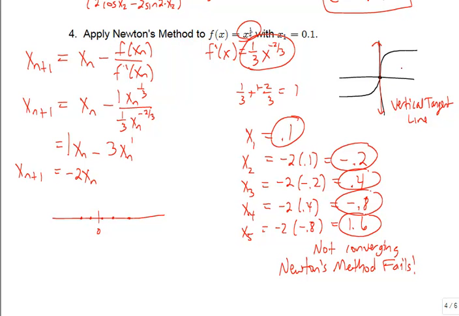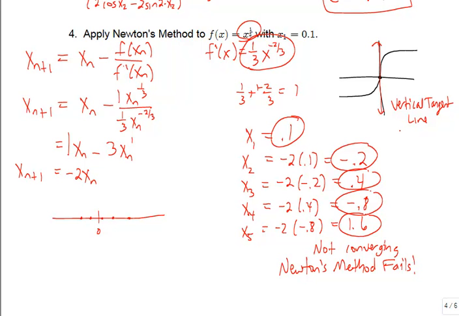And what's the slope of a vertical line? It doesn't exist. It goes infinite. And that's why these values here are getting further and further apart, because your derivative, your slope, is getting bigger and bigger and bigger. Okay, so this fails because we have that vertical tangent line happening right where that 0